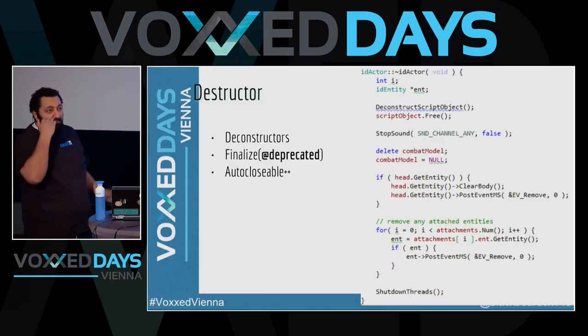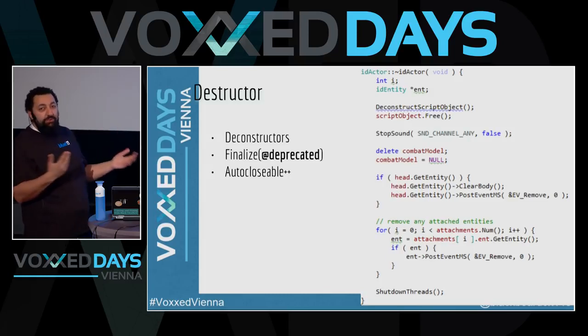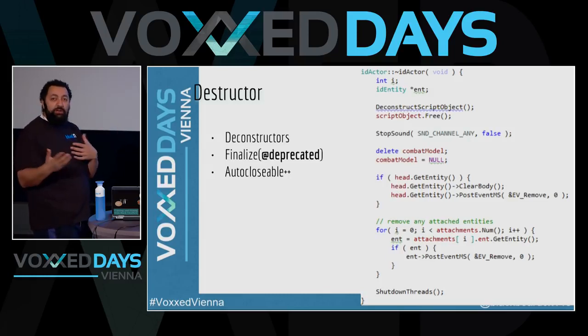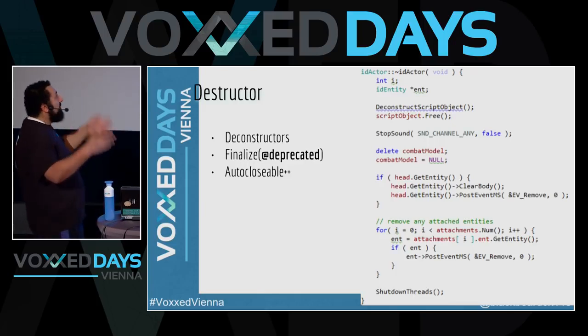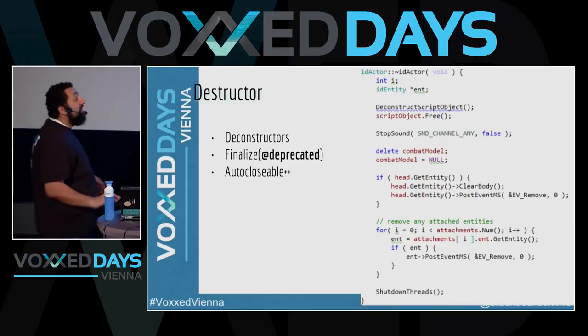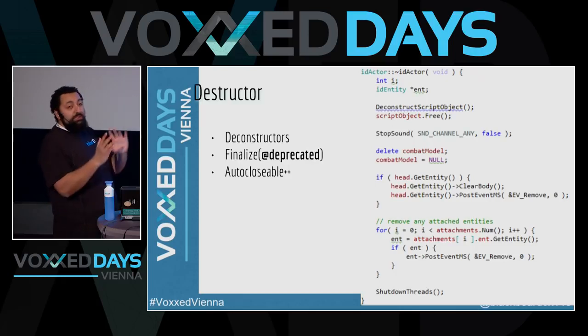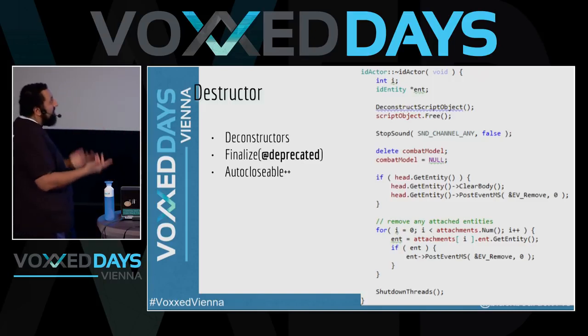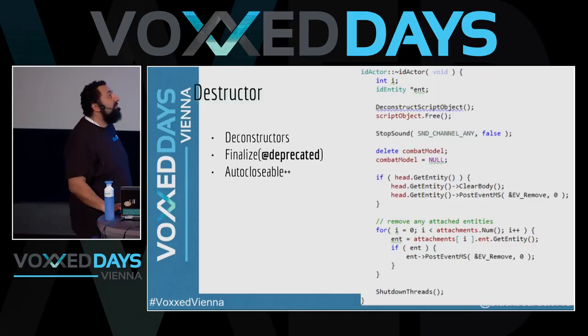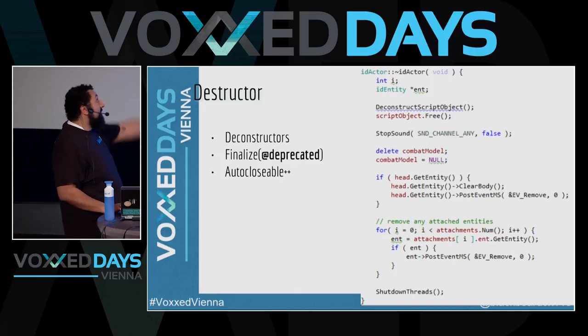Because the compiler does this for you, you basically misuse the compiler for your own benefit. Instead of calling a method like close or shut down, you do all this kind of stuff in a destructor, and you only have to destruct the object, which you're already going to do. So it's cool, it can be helpful. Java doesn't have this.